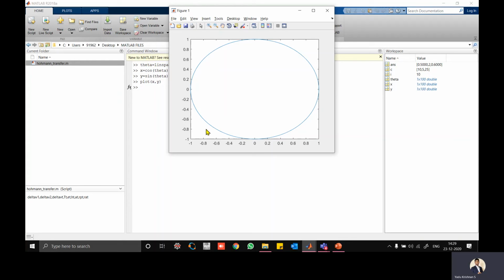But you can see one thing, that from here to here it is -1 to 1, and here to here is -1 to 1. So basically the division only is different here. The division is a little stretched out. It's actually a circle only, because the diameter you can see here is 2, and here also 2 will be the diameter. The diameters are the same, but it looks like something different.